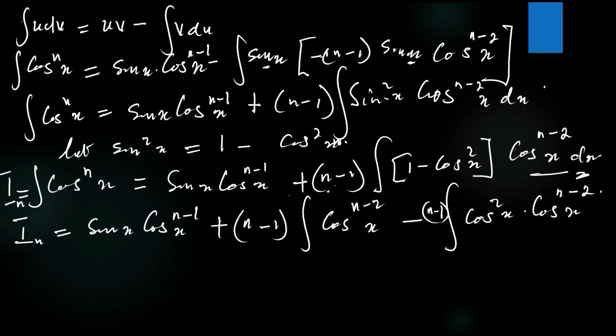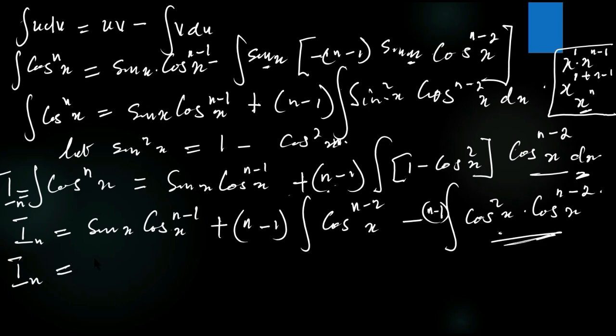Now, if you look at this expression, this is forming another indices, just the same way we did with x the other time. Let me just quickly solve that here. If I have x raised to power 1 times x raised to power n minus 1, obviously from my simple indices, this is x raised to power 1 plus n minus 1, which is x raised to power n. The same thing I'm going to apply here,